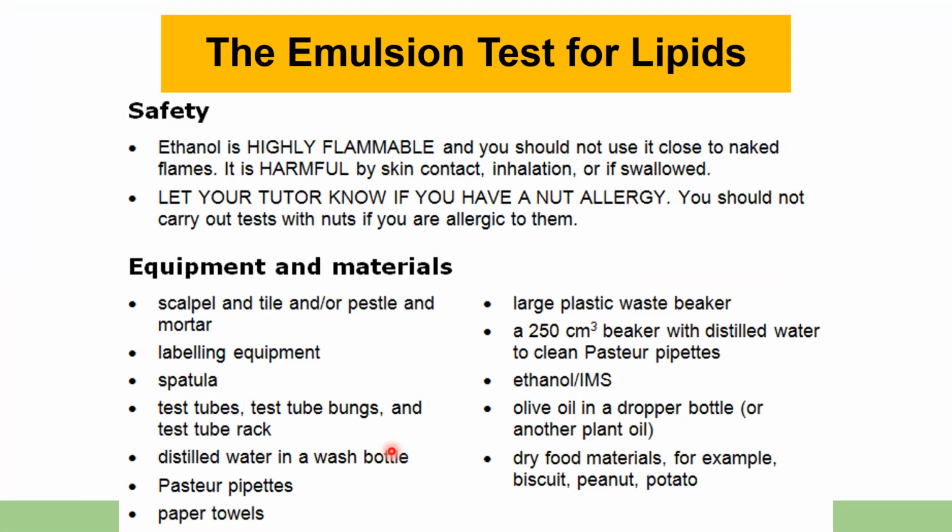And lastly, for lipids, we have to go through this test, known as the emulsion test. Again, this will be done in the AS practicals, but just to get an idea: the solvent that we use is ethanol, because lipids are generally soluble in organic compounds. But ethanol is highly flammable and we cannot use it near a naked flame. They have given you the equipment, so while going through it, pause and have a look at the instruments that are involved.